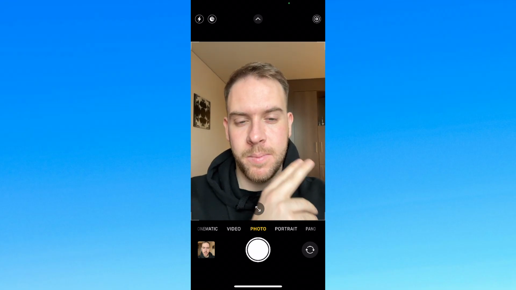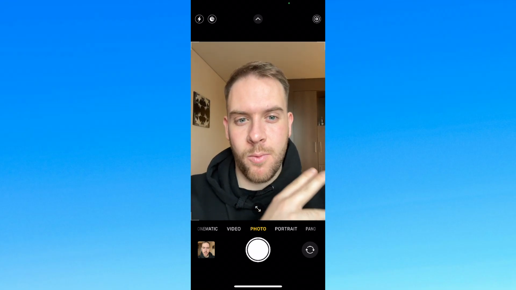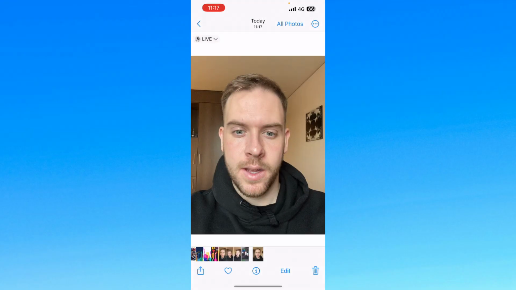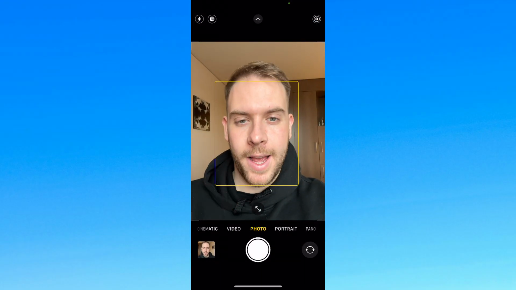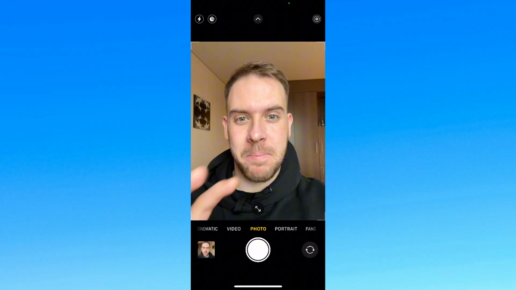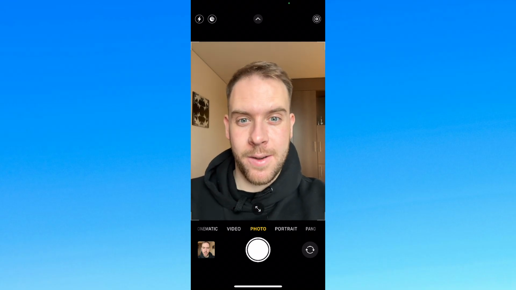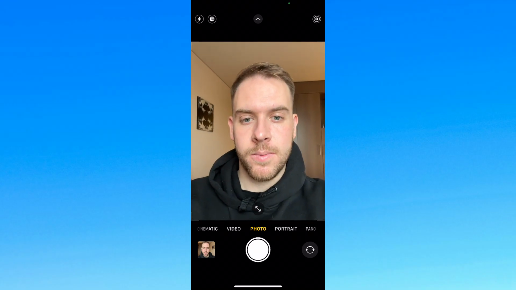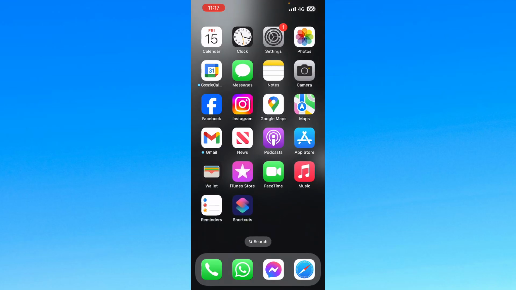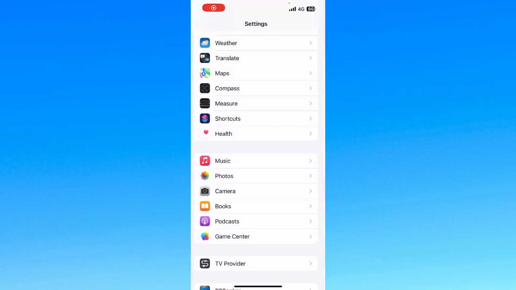So you'll see the brown wardrobe is on my right here, and then in this picture it's on the left side. So how do we actually get the pictures to match up with what it looks like in front of us right here? What you need to do is go off the camera app, go to your settings, go all